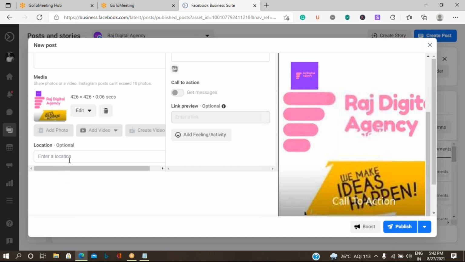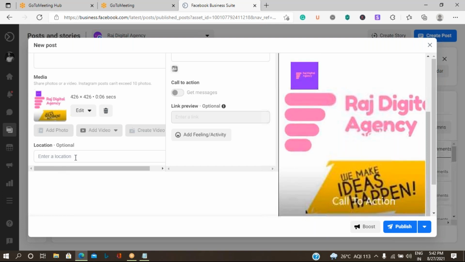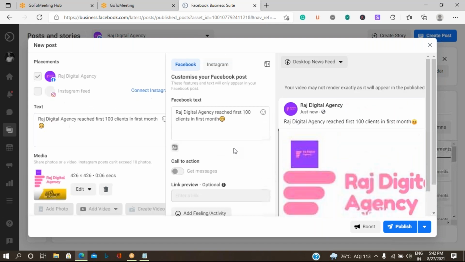Okay. Then do you want to also add the location details? You can add it. Then if you want to add a call to action button, you can add it, but this feature is not going to be added.